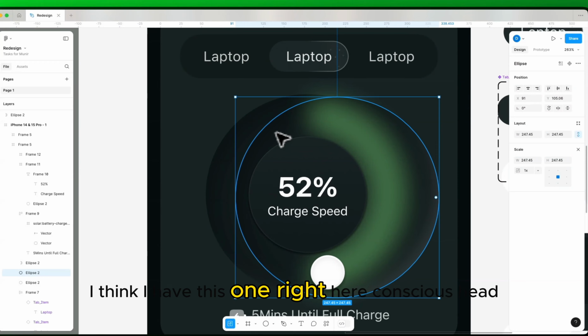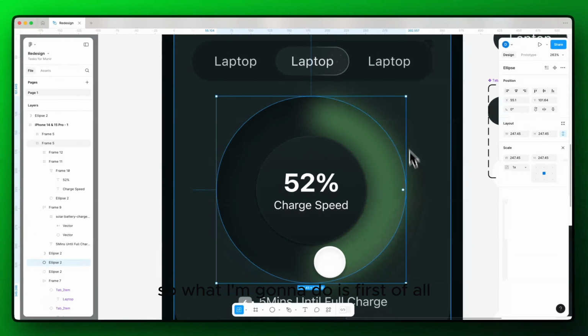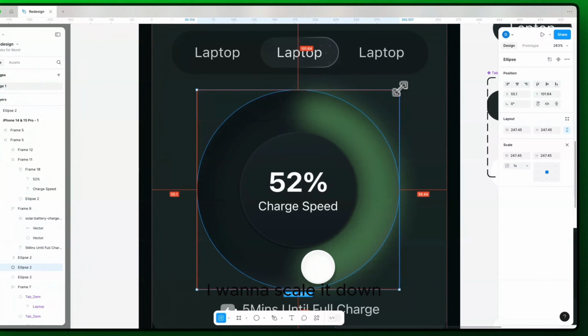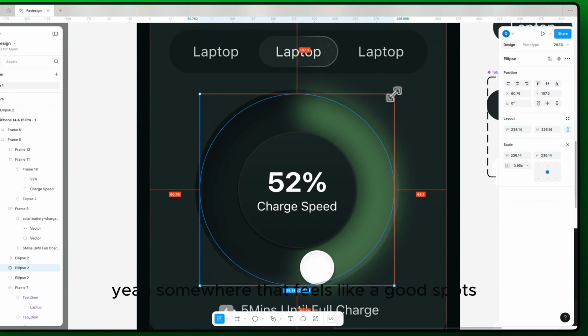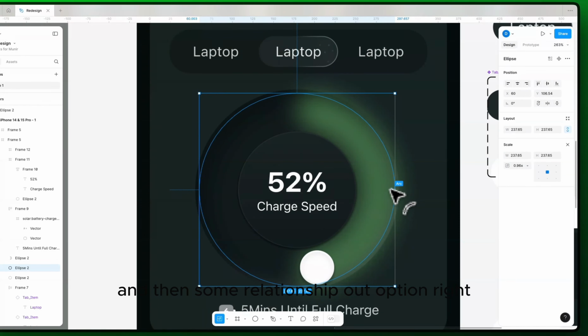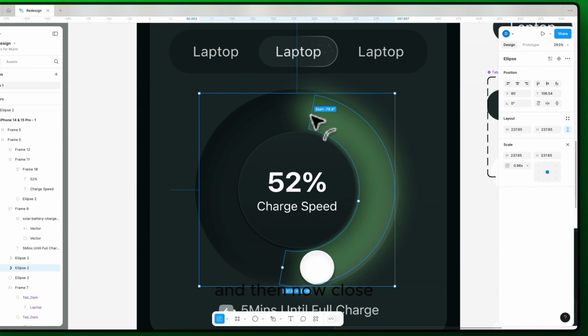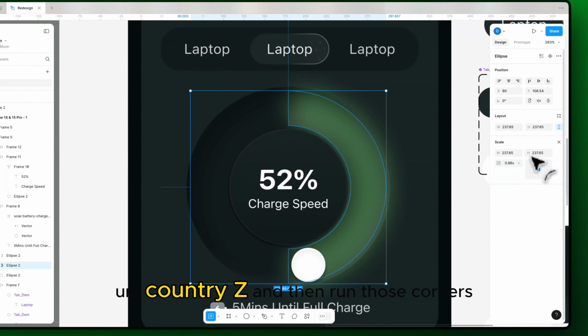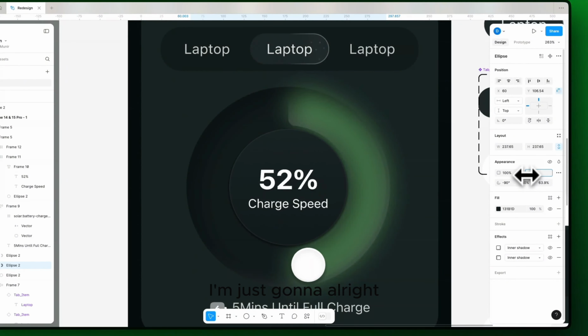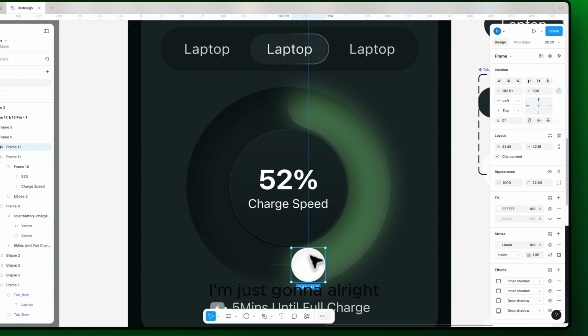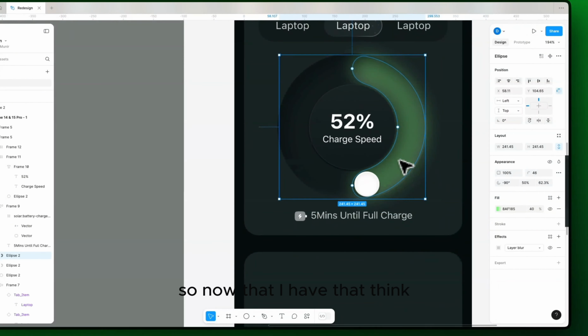Then I think I have this one here, Ctrl Z. So what I'm going to do is, first of all, I want to scale it down. Yeah, somewhere that feels like a good spot. And then I'm pressing Shift Option, right, and then open it up again. Start be here, this should be here. Then just open up my ratio to somewhere like here, and then now close, Ctrl Z, and then around those corners, all right. So now that I have that, I think